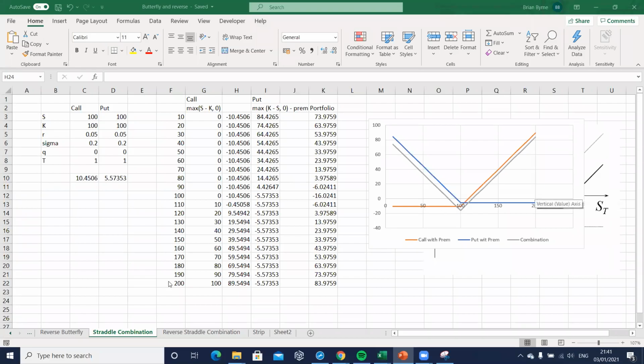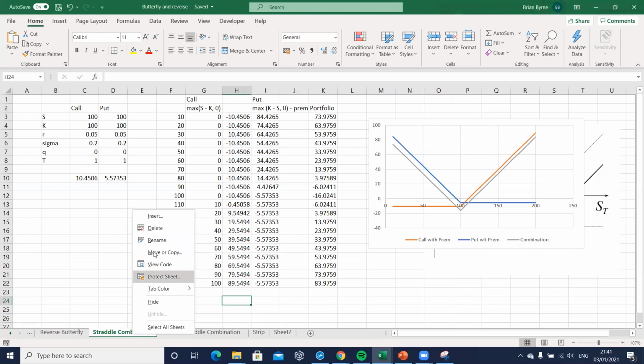In this video, we're going to set out how to set up a strap option trade. Basically, we will expand here from the straddle combination. A strap strategy consists of a long position in 2 calls and 1 put with the same exercise price and the same expiration date. To set this out, we go back to the straddle combination we set out before,